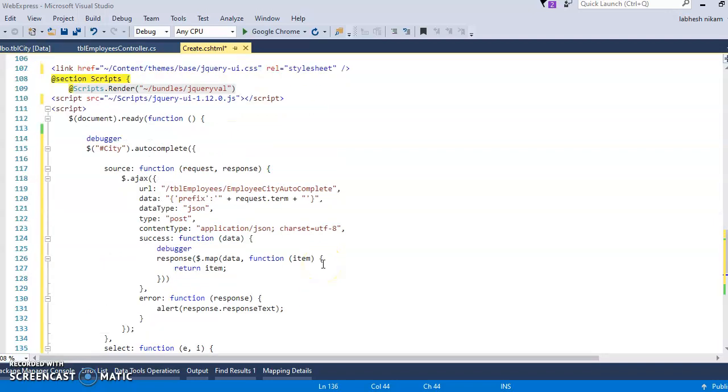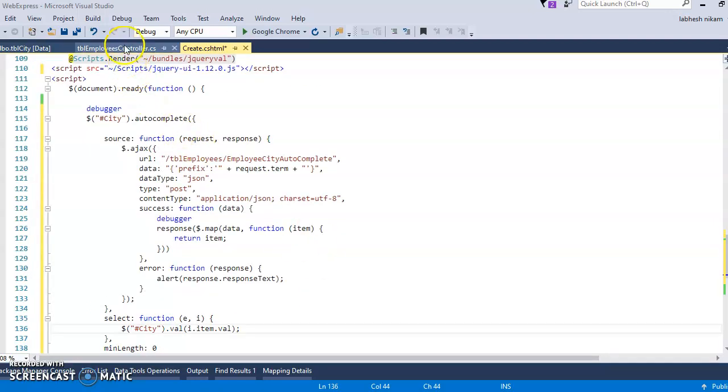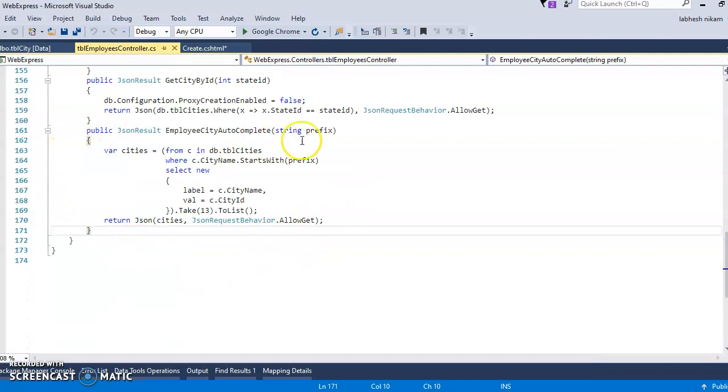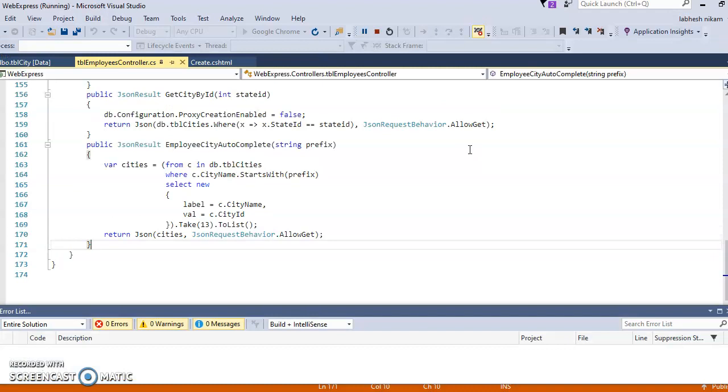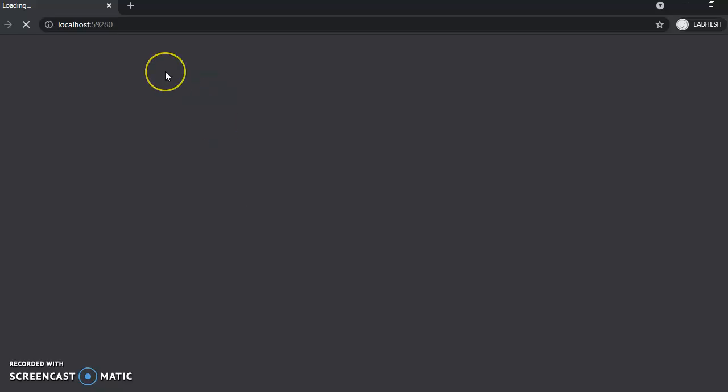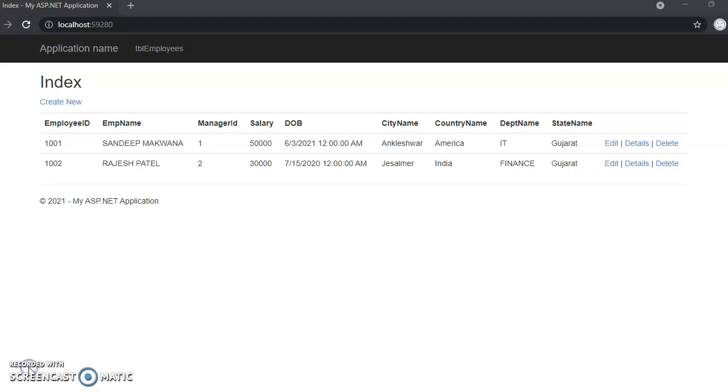So this is the view side function, and this is the controller side method to receive autocomplete. Now let's save it and check whether our program displays the correct data or not. My page is displayed.